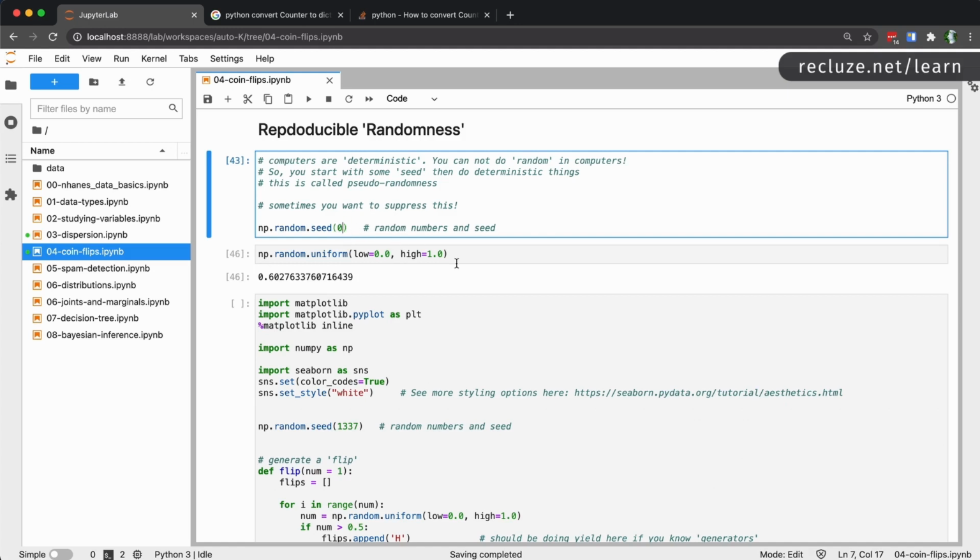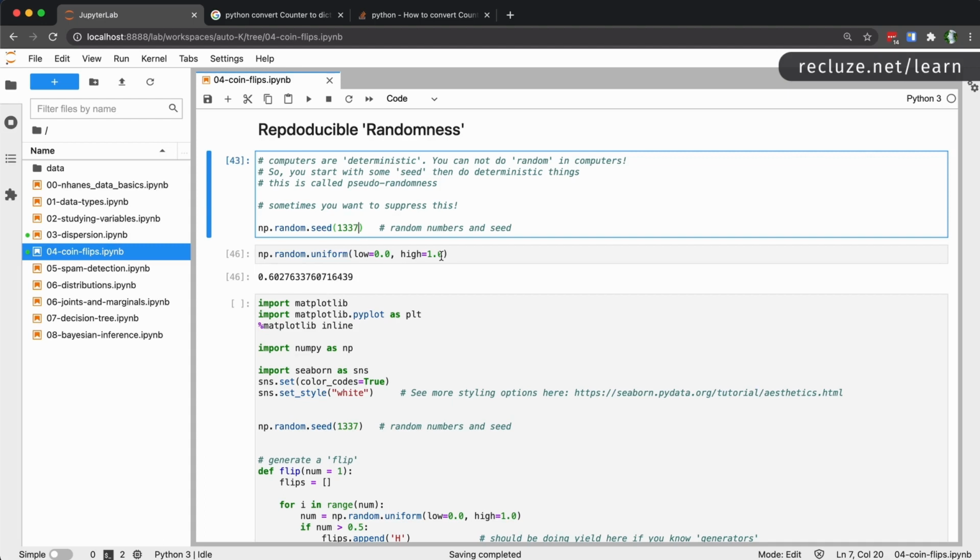Okay, so the number that you set as the seed is not important. You can set it to 0. People typically set it to 1337, which is kind of like leetspeak, if you know what that is. It's not important what this particular number is, but you will see this np.random.seed in almost all randomness-related experiments. The reason is, you need randomness, but you need reproducible randomness. Anybody who runs this code again should get the same randomness so that they can reproduce the results that you produced. Because as you know, in science, reproducibility of experiments is extremely important.